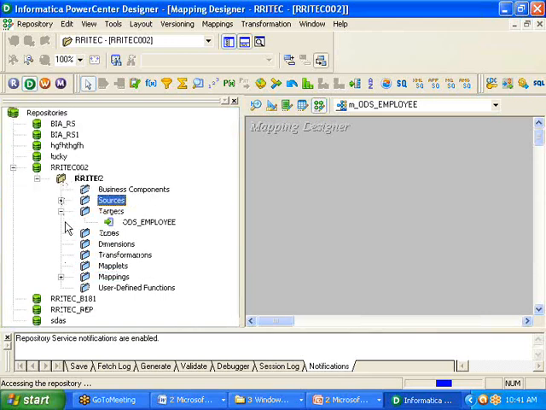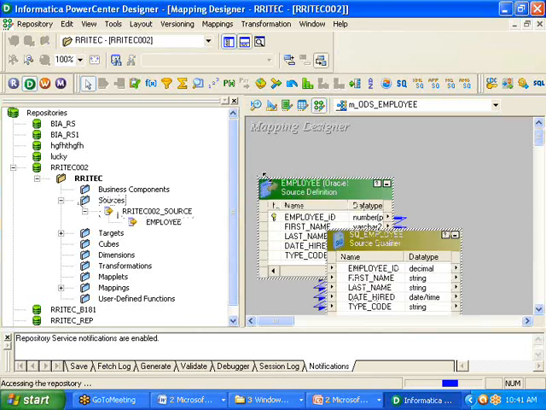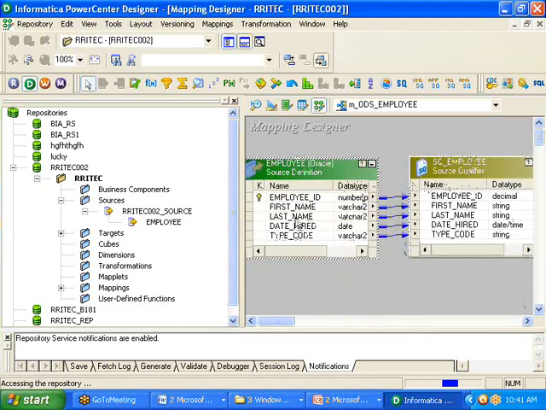This is the source folder, next the targets folder. From the source folder, drag and drop employee over there. Whenever you drag and drop, automatically we get one thing, that is called the source qualifier. The source qualifier is useful to read the information from the source.